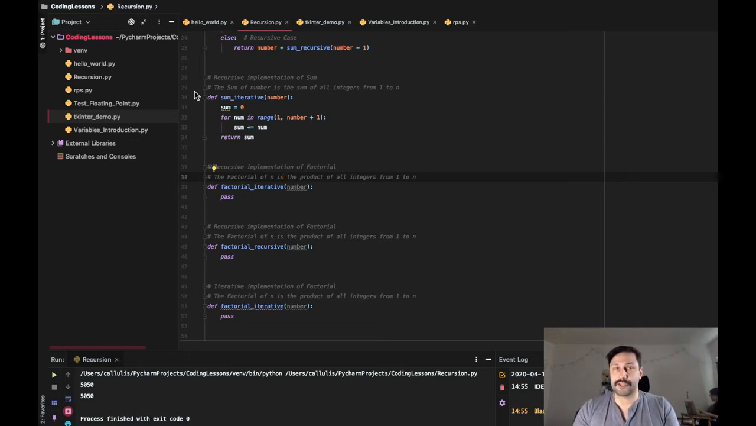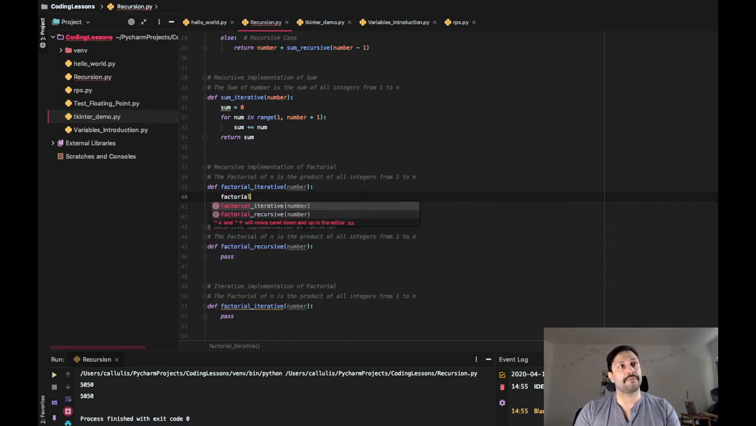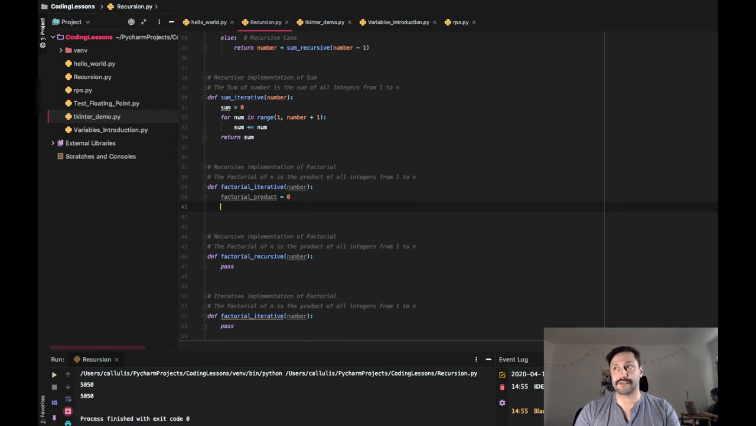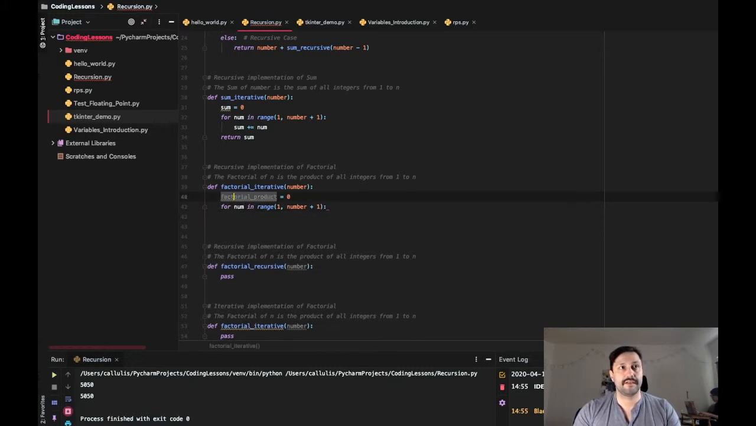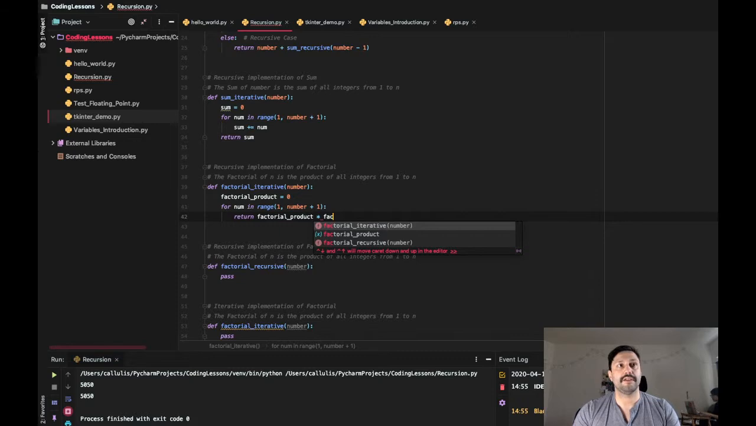And this is something else. We can have an iterative version of this, and we can also have a recursive version of this. It's going to look very similar to what sum is. So for iterative, we just have factorial product is equal to 0. So product is just the result of multiplying different numbers. And for num in range, the same thing as last time, from 1 to number plus 1, we want to return factorial product times factorial